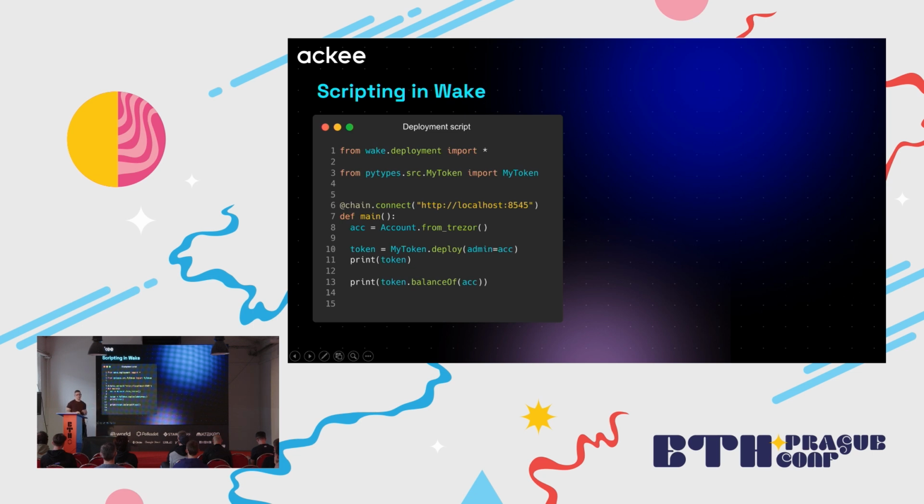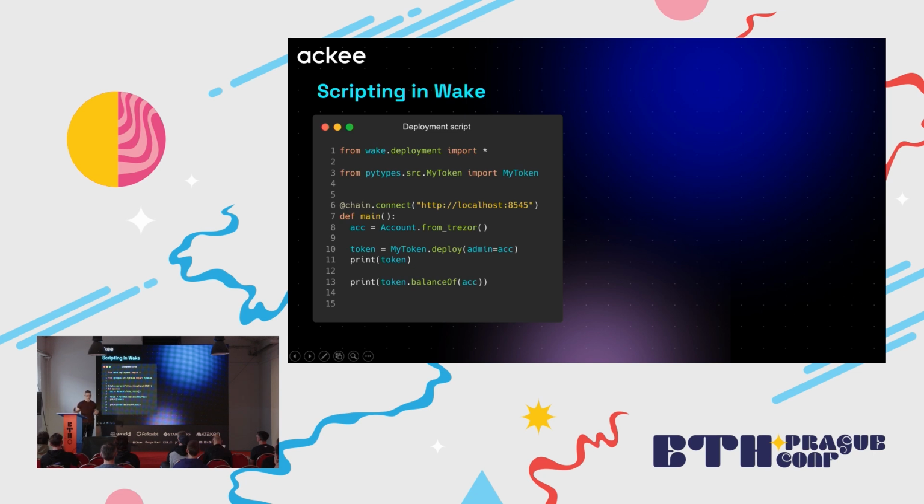Then there's something called PyTypes, and it's basically typing stubs for contracts in your code base, but exported to Python. So each time you are interacting with your contracts in Python, you have the auto-completions and also typing support. Let's say there's a function that in Solidity accepts a string, and you pass an integer by mistake in Python.